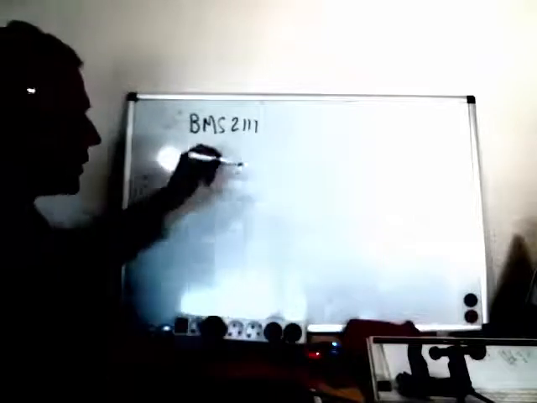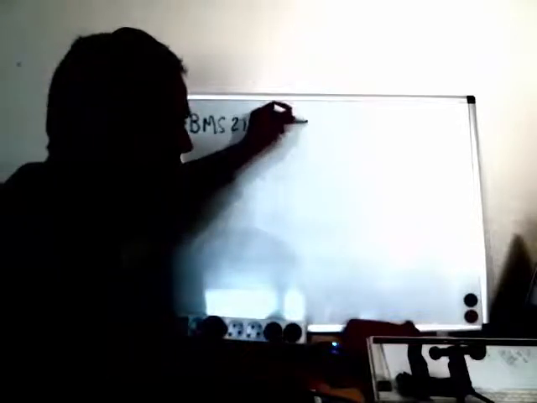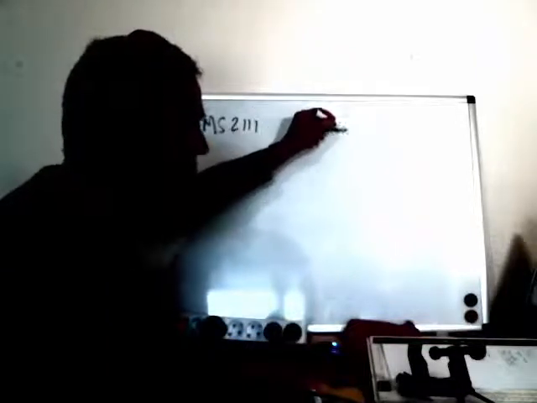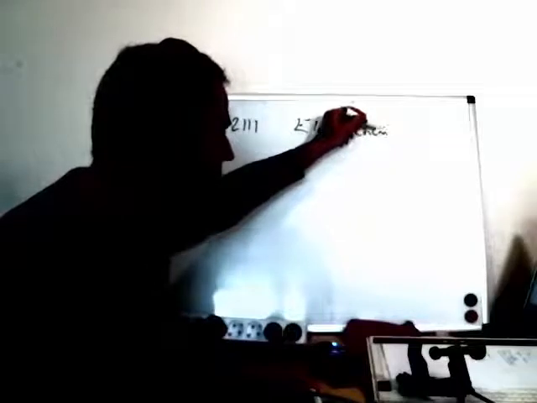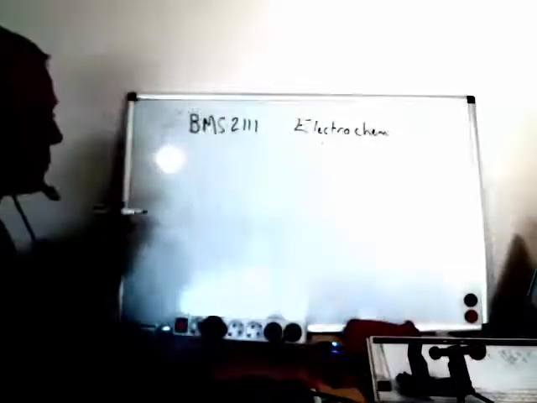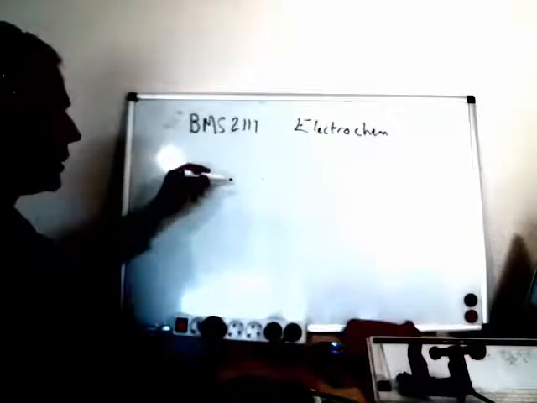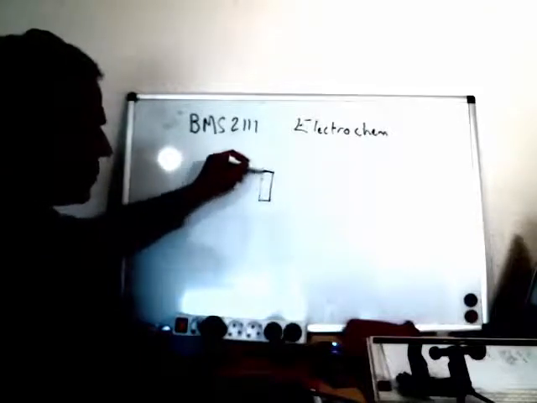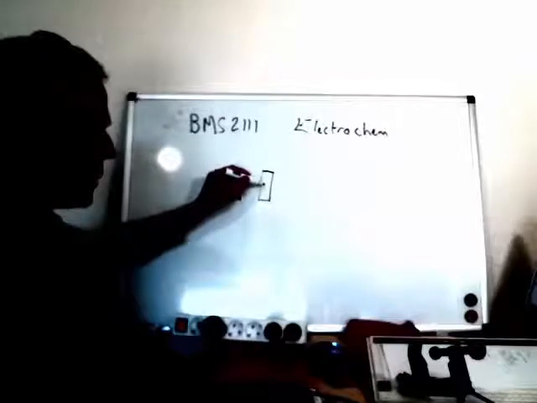So our first subject then is electrochemistry basics. Electrochemistry basics. What we're looking at is if we take an electrode, let's make this one out of copper,